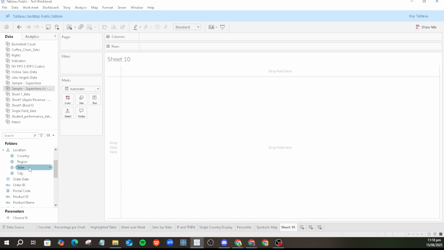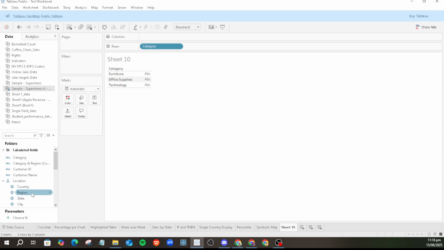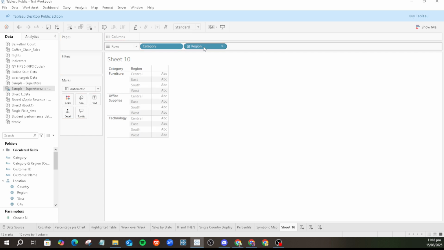Now let's get your data organized. Start by dragging the Category dimension to the Rows shelf on your worksheet. This simple action allows you to organize your data by categories, making it easier to identify patterns and insights later on. Once you've added Category, you'll do something similar with the Region dimension. Drag Region to the Rows shelf just as you did with Category to create a granular view of your data